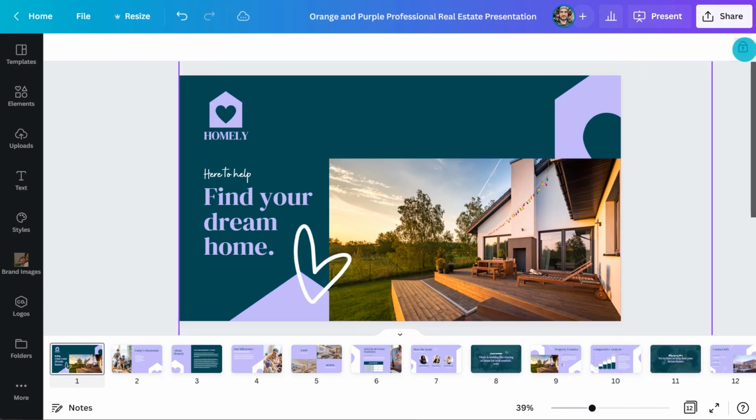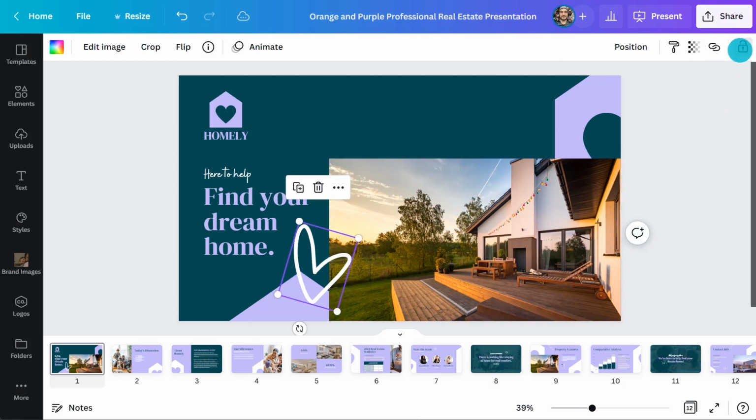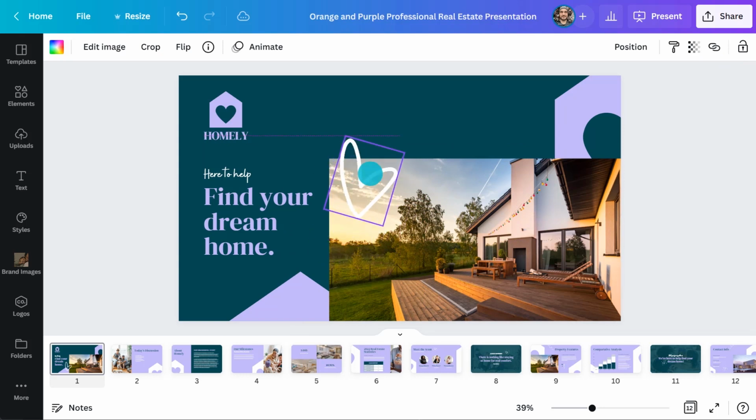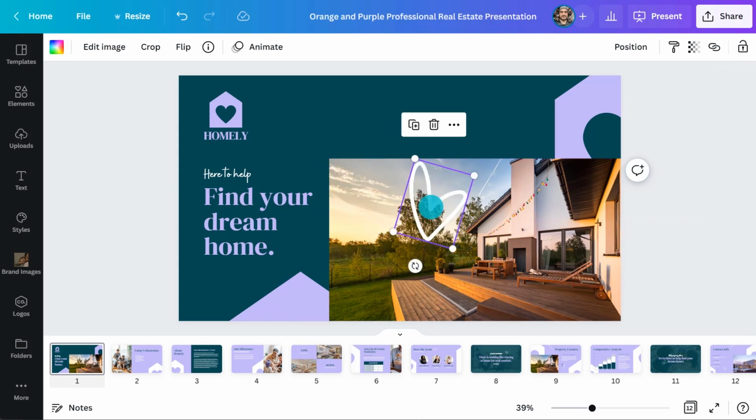Then there is fully locked, when elements cannot be altered or deleted. I'm going to use this for our logos and background. And finally, unlocked, when elements have no restrictions. They can be edited, moved and deleted, like this heart graphic, which I will leave unlocked so it can be moved if the heading needs extra space.